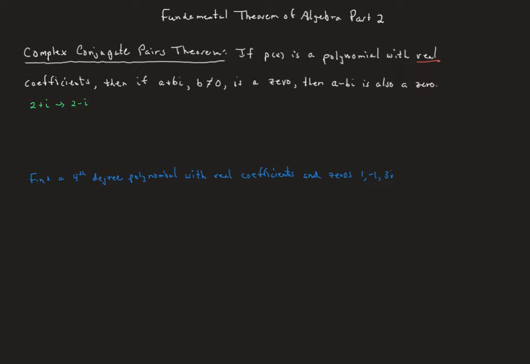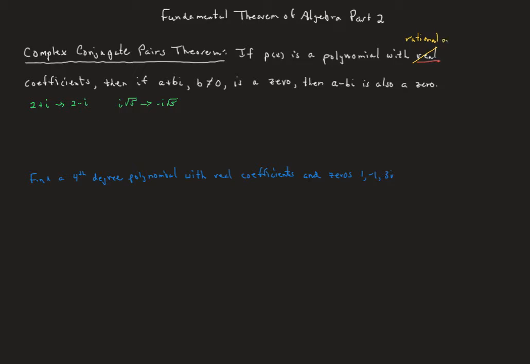So we kind of get a 2-for-1 deal. If we had something like, say, i square root of 5 as a 0, then its complex conjugate, negative i square root of 5, would also be a 0. Now, we can extend this idea, the complex conjugate pairs theorem, to go beyond just complex numbers. If I change the condition, instead of saying real number coefficients, if I said something like all the coefficients were